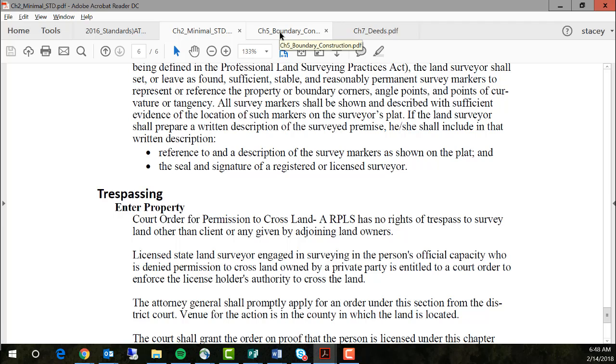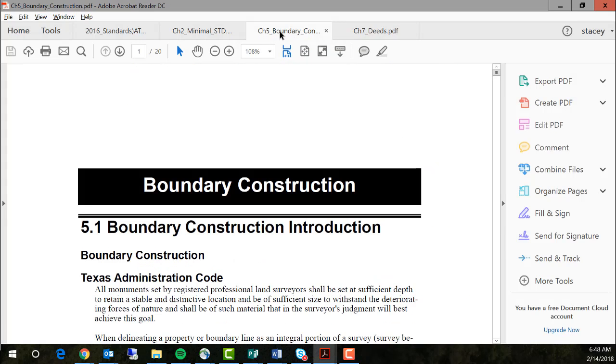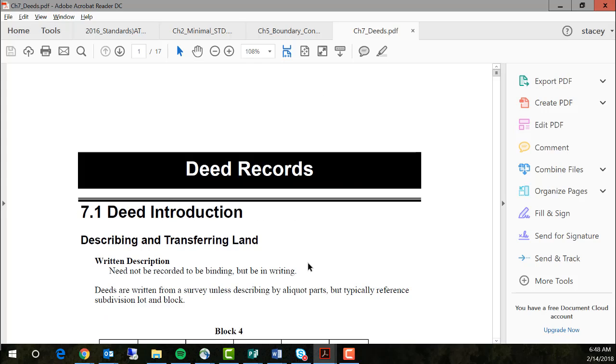Now let's go and look at boundary construction. And we're going to talk about boundary construction and how to form these boundaries and determine what it is. But before we do that, I really want to go through and talk about deeds. So when transferring title from one person to the next, it must be in writing. That is the statute of frauds. So in other words, if I tell you that I am going to sell you 10 acres of my 160 acres,